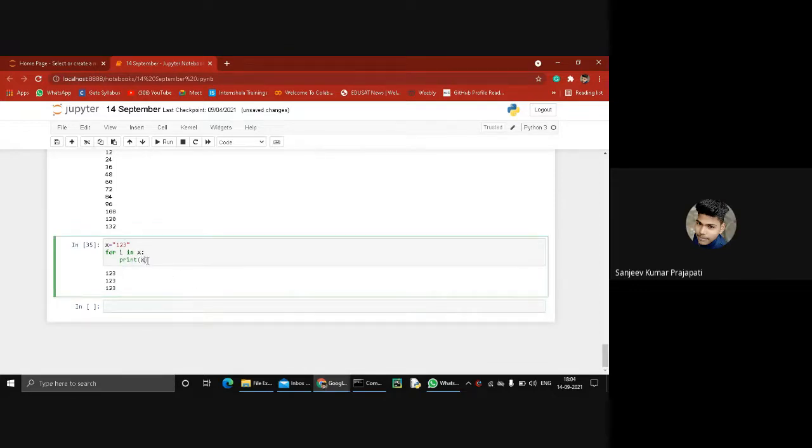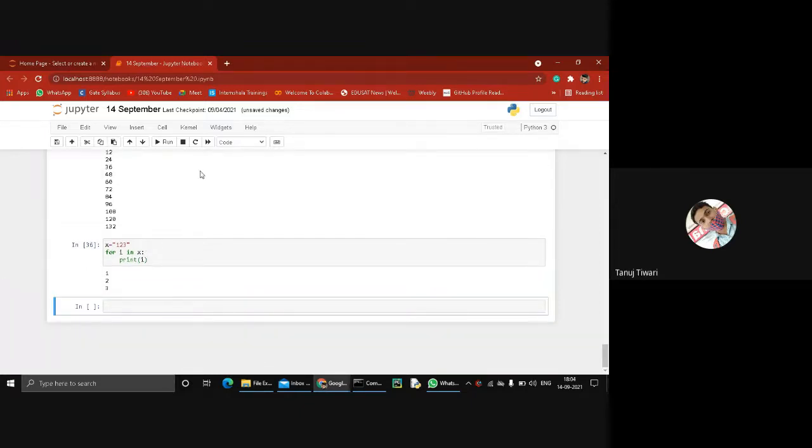That's why it prints 1 2 3 three times. So I just replace it with i. Now it returns 1, 2 and 3 on new lines.